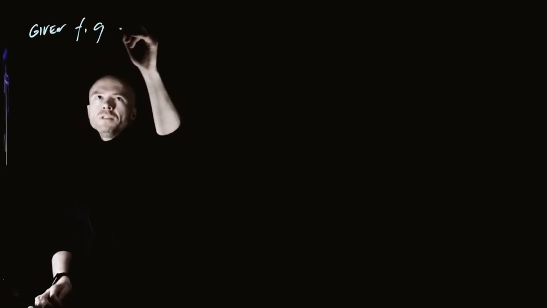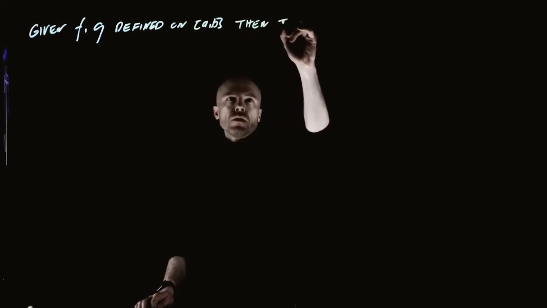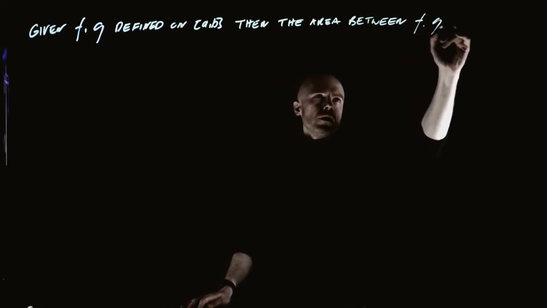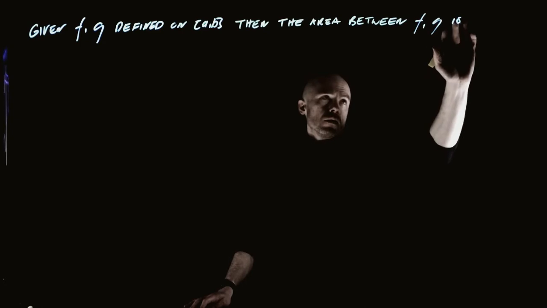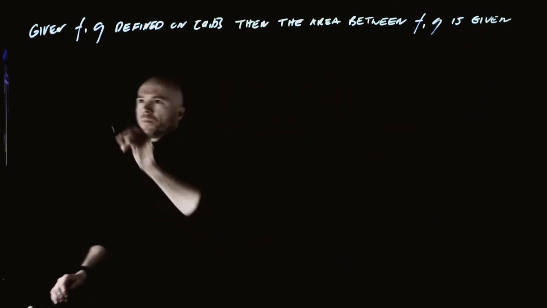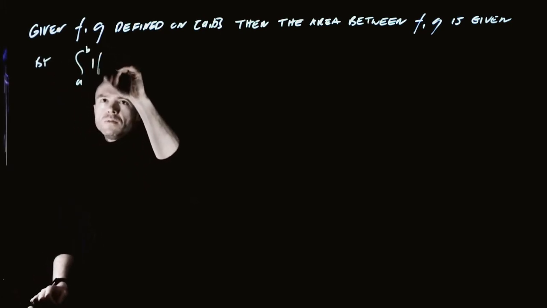So given f and g defined on the interval a to b, then the area between f and g is given by the integral from a to b of the absolute value